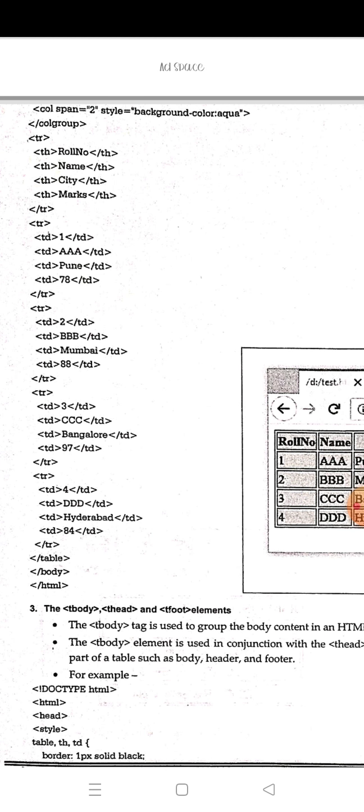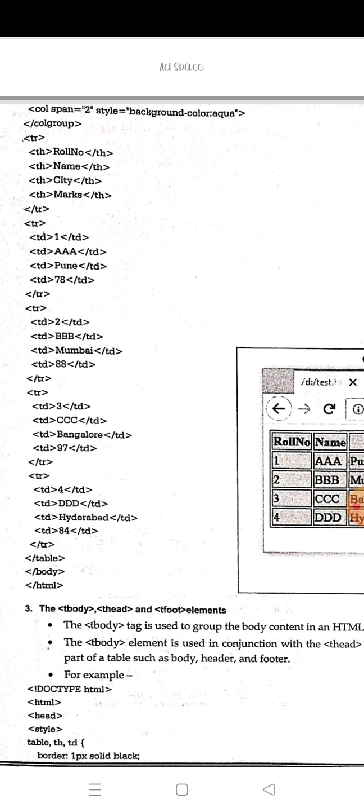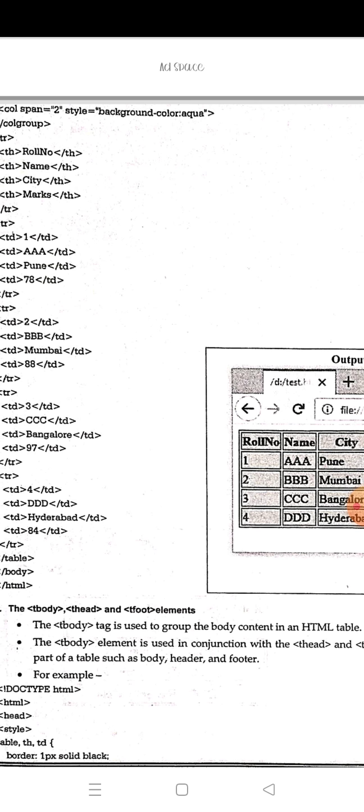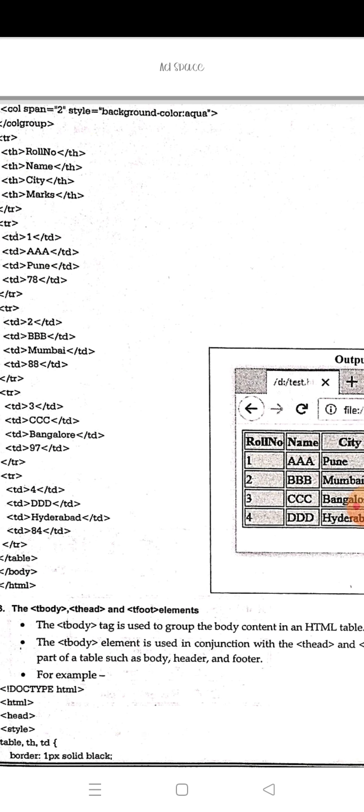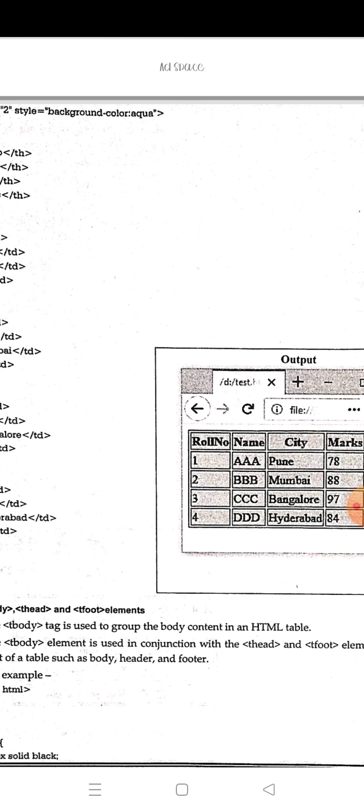Next we'll move to tbody, thead and the tfoot, that is table body, table head and the table footer. So we can give the style to the table body, table head and the table footer. The tbody tag is used to group the body content in an HTML table.